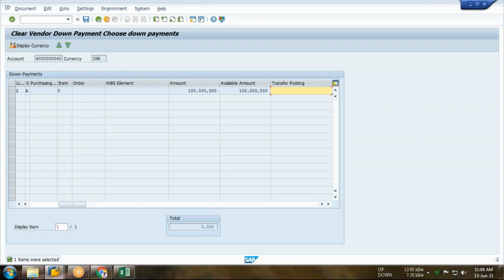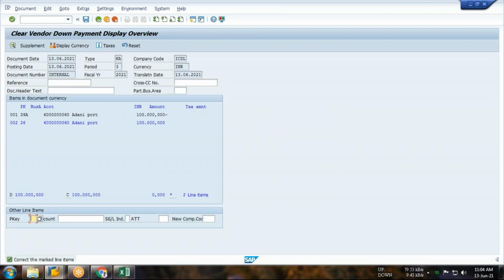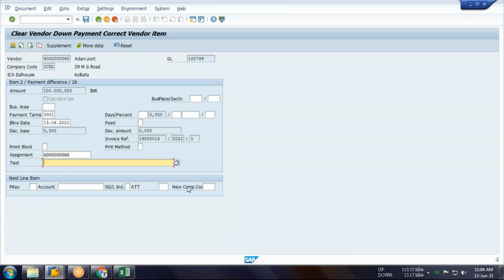How much amount have we made as an advance? 1 lakh. So we are going to adjust the entire 1 lakh. Then come to simulate. Then double click on this blue item and put the text: Advance claim. And then post.